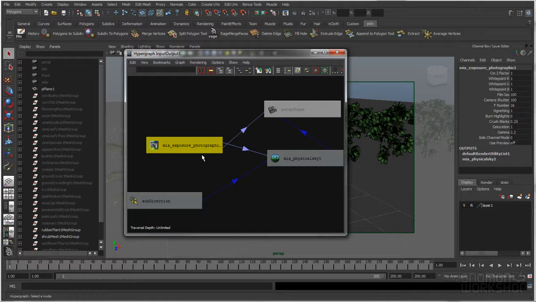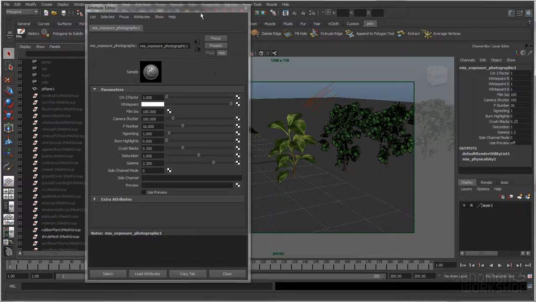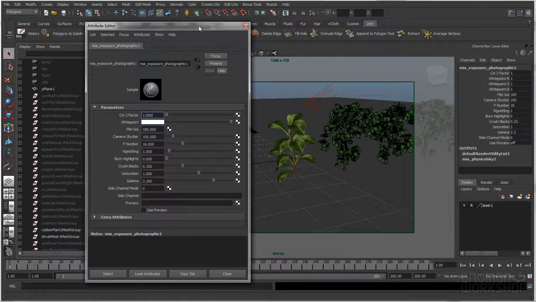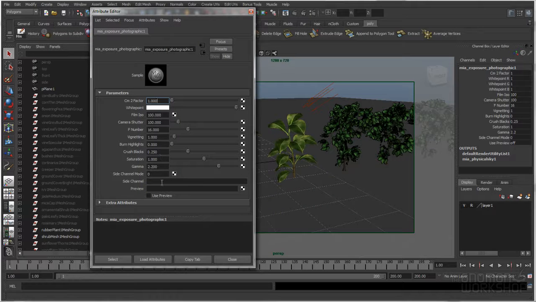So if I select that node and go to the attribute editor for it, you'll see it has more attributes than the exposure simple did. But if you know anything about cameras, you should recognize things like ISO, camera shutter, f-stop, and then vignetting, and these attributes are more for style. So we can do a render test with it, but vignetting is going to make things a little darker at